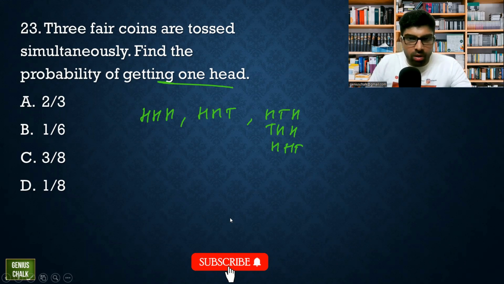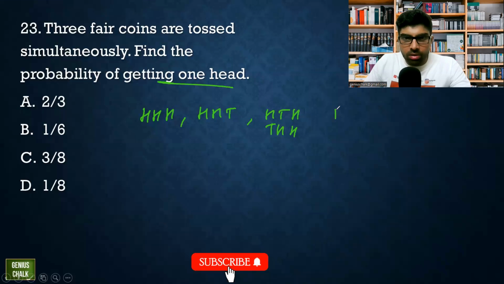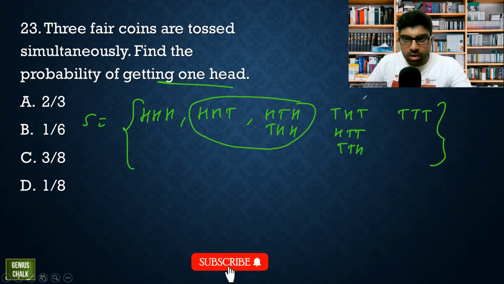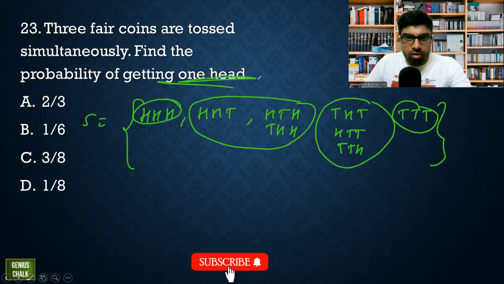This we have got earlier. So these 3 cases, if tail comes twice, then head, tail, tail; tail, tail, head. So 3, 3, 6, and then the last, tail, tail, tail. So these are all the sample spaces possible. This is 2 heads, 2 tails, 3 tails, 2 heads. What is asked? 1 head.